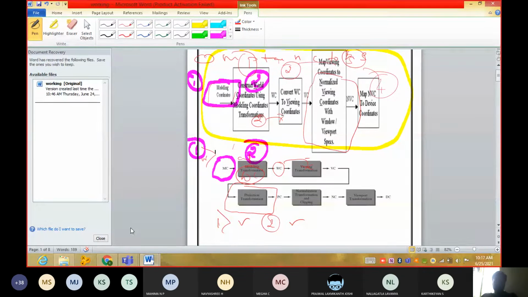In projection transformation, what we do is we do 3D to 2D coordinate transformation. And after we do the coordinate transformation, rest is same. What we are going to do is we are going to normalize the coordinates according to the window, and next according to the screen coordinates we are supposed to map.